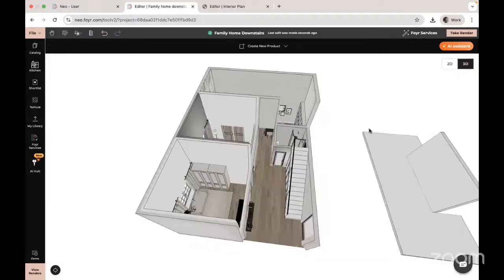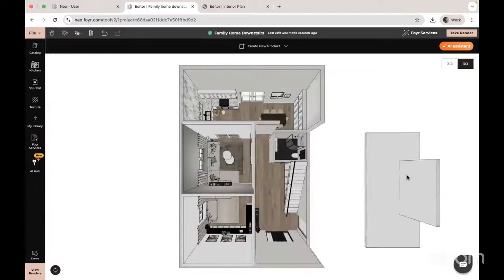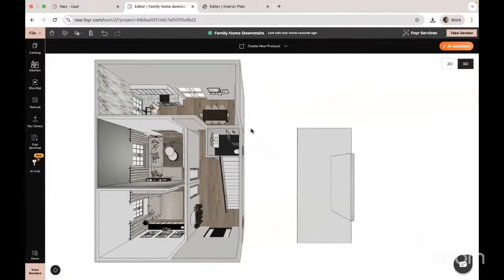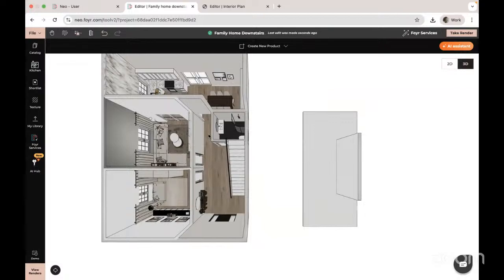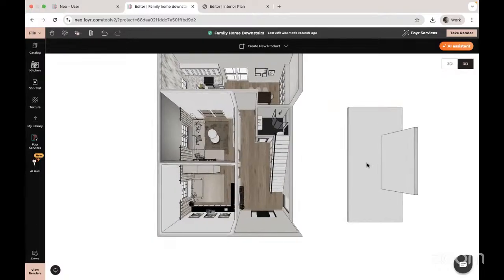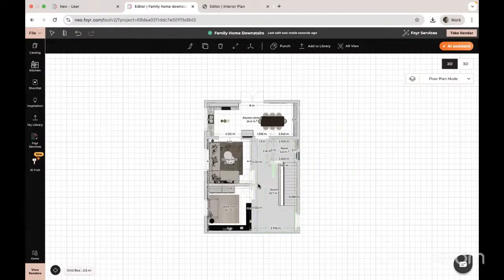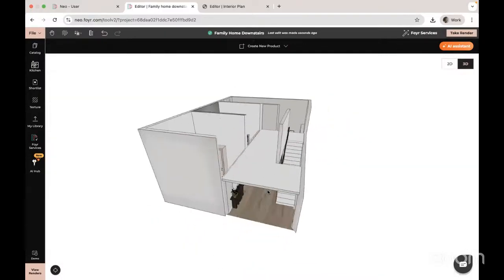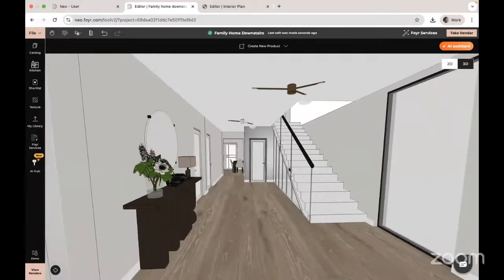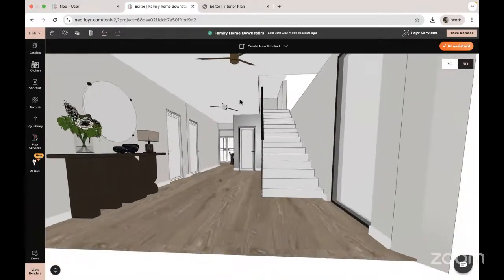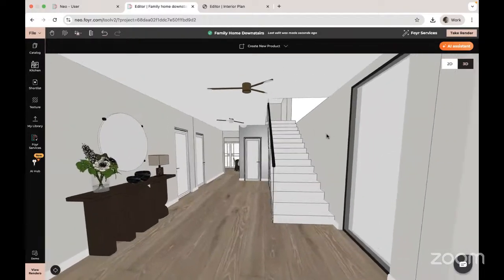Then what you have to do in 3D, with the create new product tool, is create our floor. So like the second floor, where we will have an opening and we will see that we're going up. I will just put it in place and show you how that looks in 3D, and then I will show you how I actually did that. If I go to 3D now, as you can see, I have my ceiling space here. I have my lamps on the ceiling, and then there's